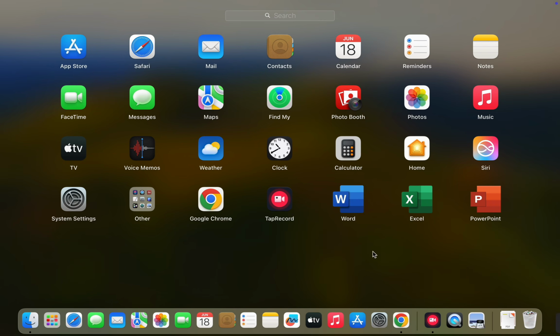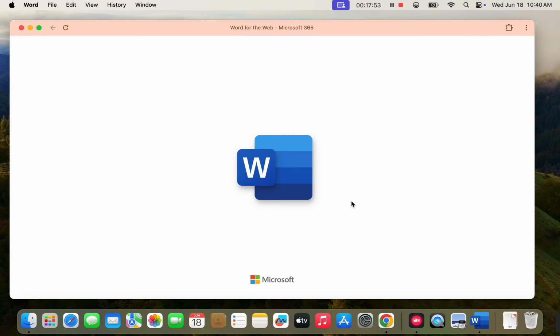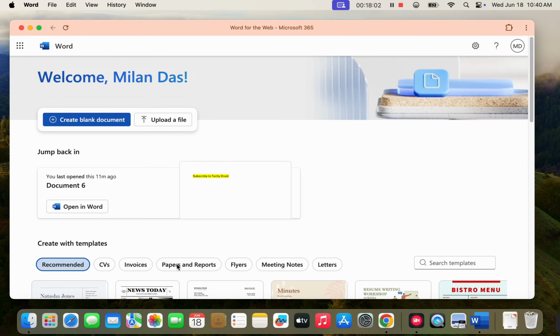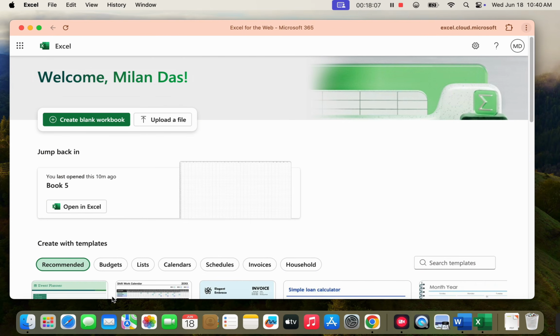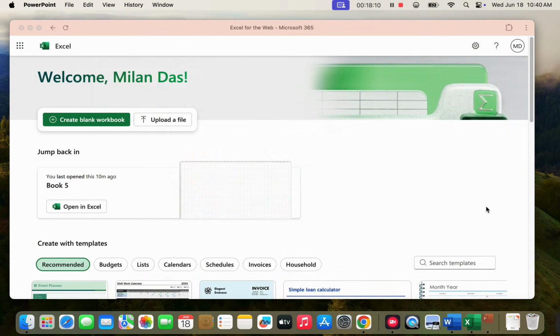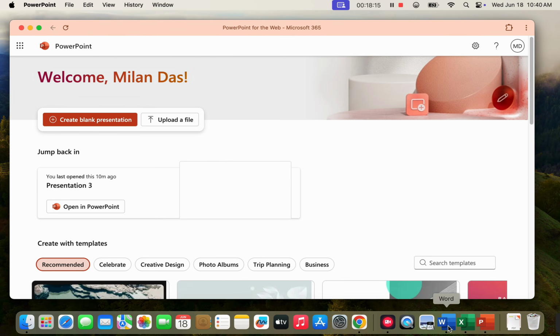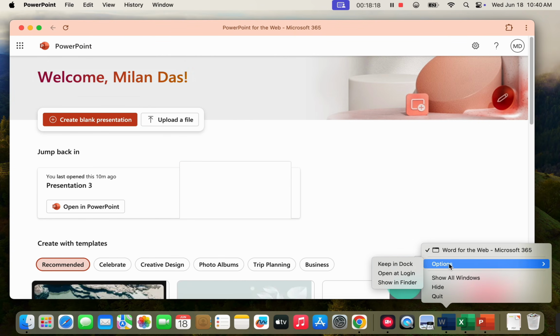You should now see Word, Excel, and PowerPoint listed here with their original icons. You can open them directly from Launchpad, just like regular Mac apps. Even though these are web apps, they'll feel like real Mac applications. You can also pin the app shortcuts to your dock.